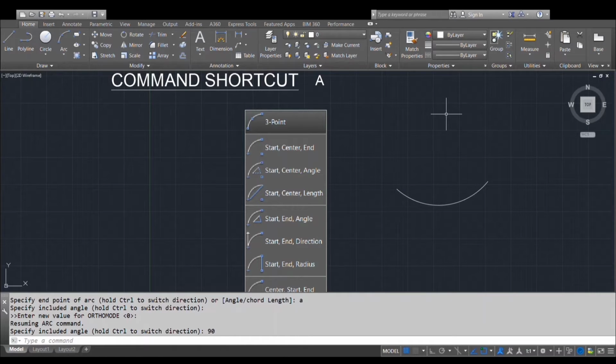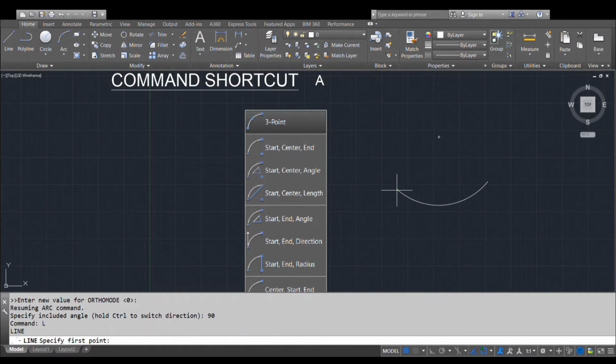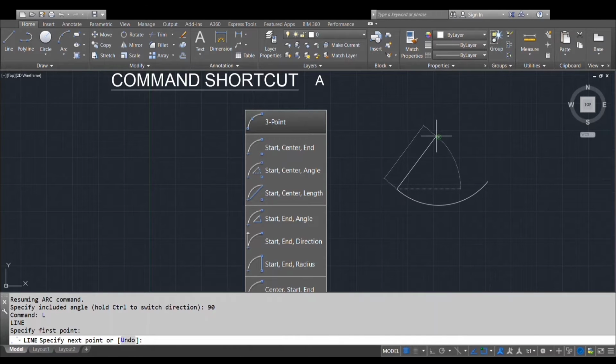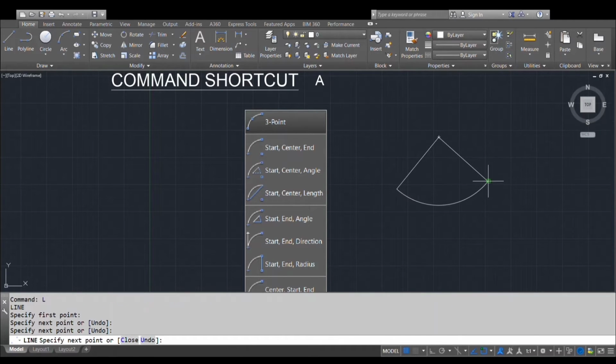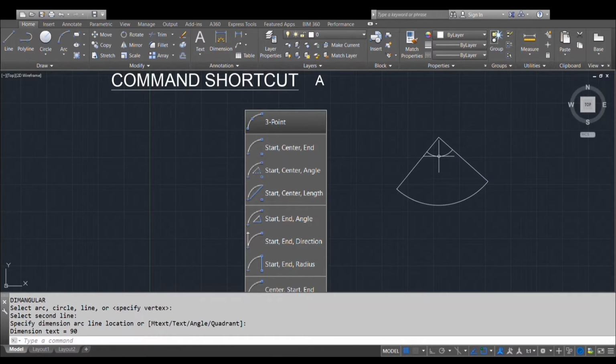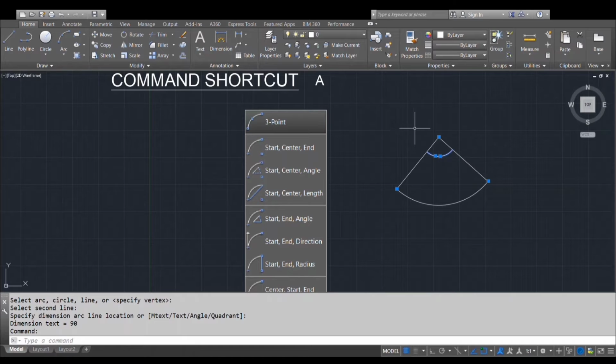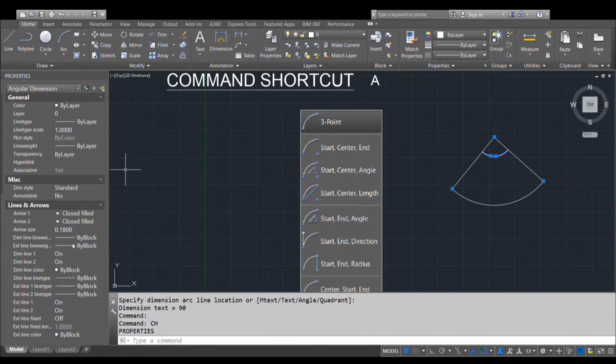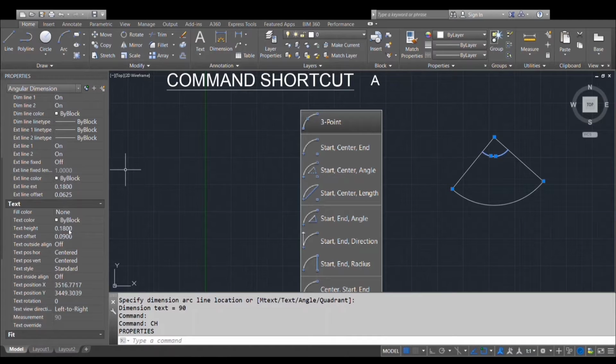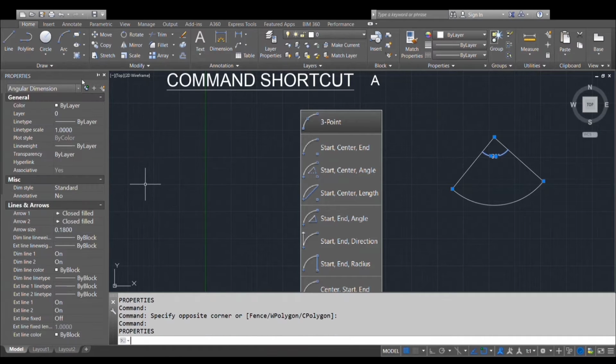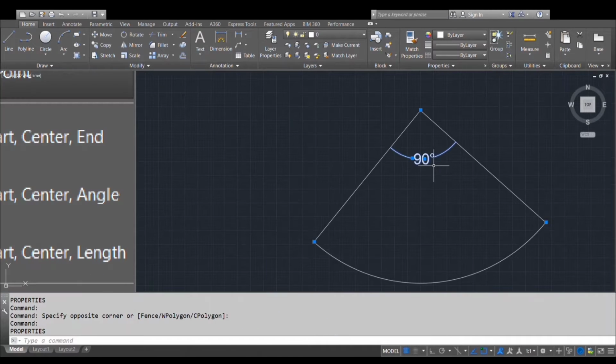I am just going to enter the angle value 90 degree here. For checking whether the arc is 90 degree, you have to connect both endpoints of the arc to the center. Now click line, specify the endpoints on both sides of the arc and the center, and you will get the angle there. The angle is not visible, so I am going to change the text dimension. I am going to give 50 units and enter. Now you can see the angle of the arc.